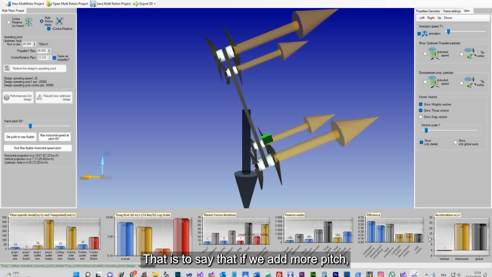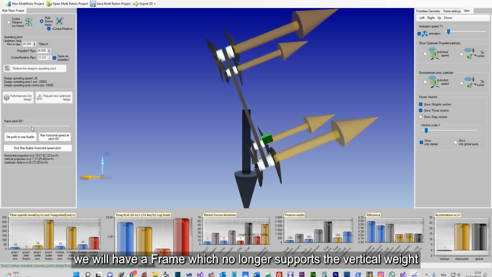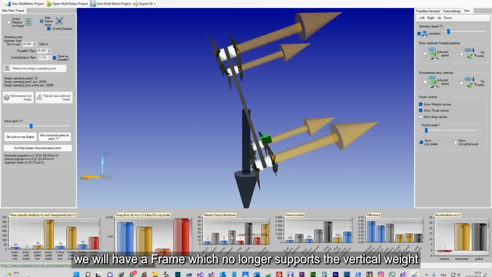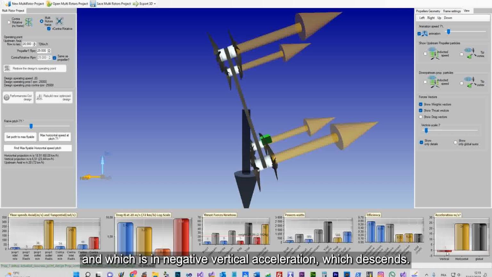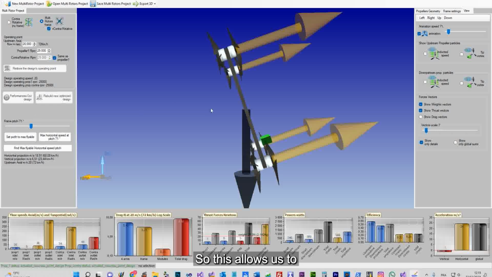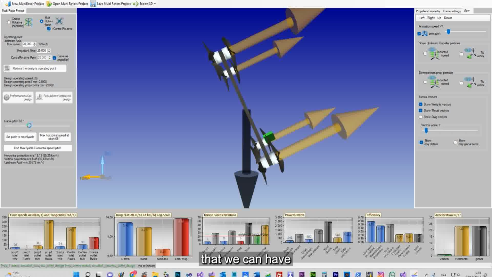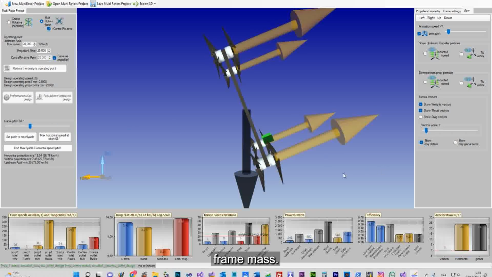That is to say that if we add more pitch, we will have a frame which no longer supports the vertical weight, and which is in negative vertical acceleration, which descends. So this allows us to properly evaluate the maximum pitch that we can have with a certain lift and a certain frame mass.